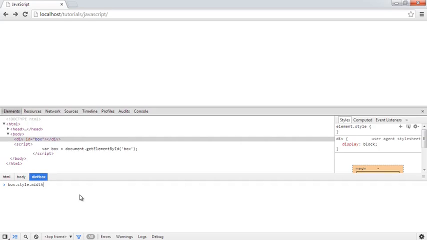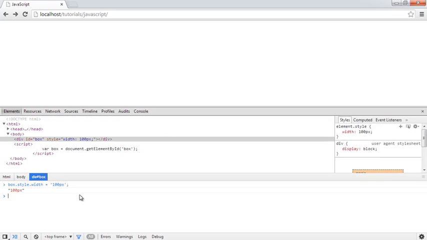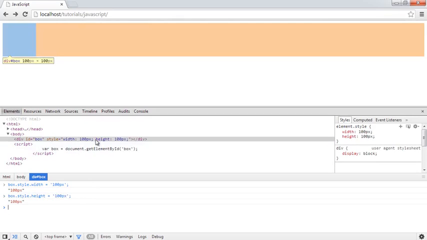So let's go ahead and set a width to this. So we'll set a width of string value 100px. So remember, we're doing it all the same. Now you'll notice a couple of things here. Element.style has changed here, so it's reflected in this styles portion of my element inspector, and it's also added an attribute here with the styles. And in a moment we'll look at a separate way that we can actually change these styles, and you can probably guess how we might do that, but we'll do this individually, and then we'll look at how we can do it all in bulk. So I've said box.style.width is 100 pixels, box.style.height is 100 pixels. We can now see that the blue area on the page is where we have this shape start to form